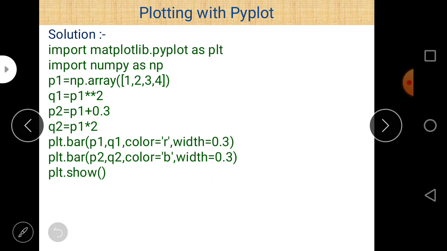Second line is import numpy as NP, and we use numpy as NP because we want to use arrays here. Third line is p1 = np.array, so there is a declaration of an array containing elements 1 2 3 4.